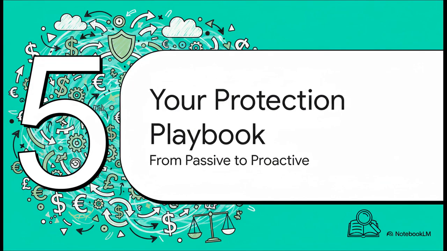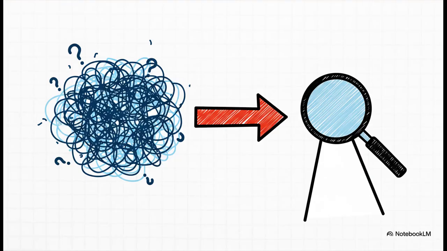Okay, so we've laid out all the threats. Now I know that might sound a little scary, but here comes the good part. This is your protection playbook. The goal here isn't to scare you away from annuities, not at all. It's to help you shift from being a passive buyer to a proactive investor who is firmly in control. And the key to this entire thing is just one word: clarity. True financial protection doesn't come from a product's fancy marketing promise. It comes from deeply understanding how that product is actually built. It's all about asking the right questions before you sign to prevent some really painful surprises after.